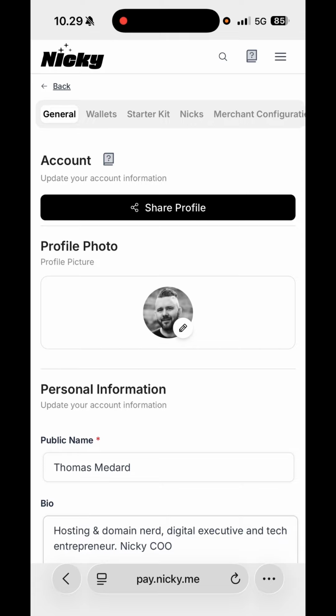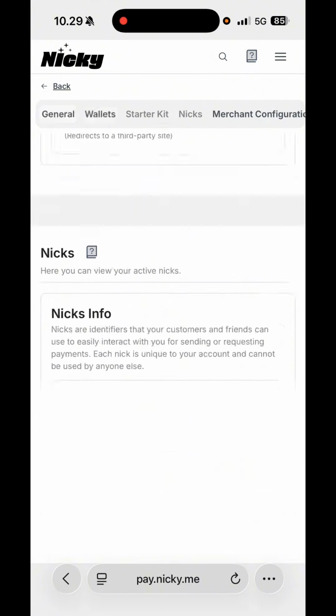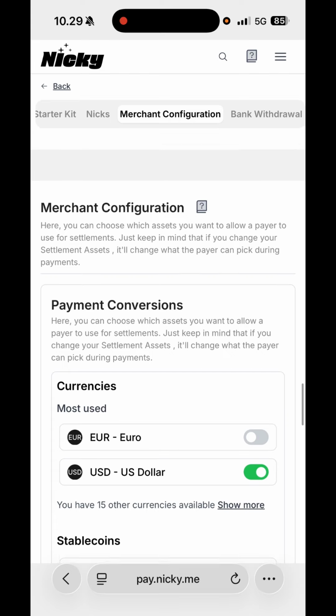So this means that when one of your clients are paying you in crypto, that probably is because you have sent out an invoice, and the settlement currency is the currency of that invoice that you have sent to your client, or the currency of the e-commerce that you're running or online business you're running. So let me show you guys what this means.